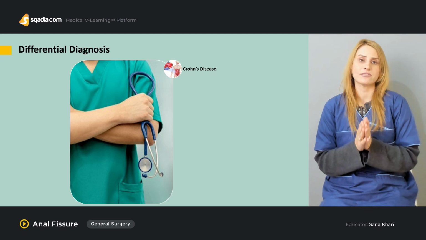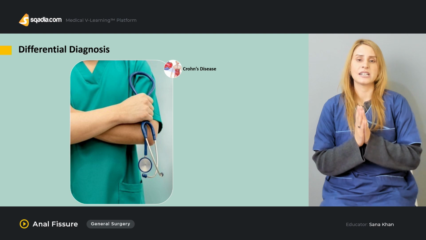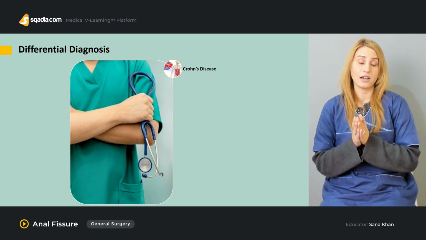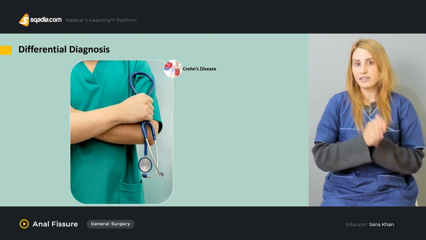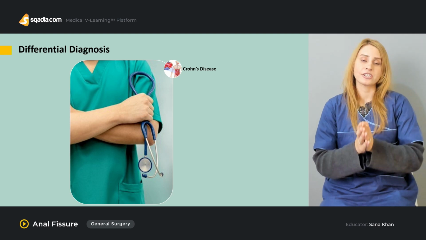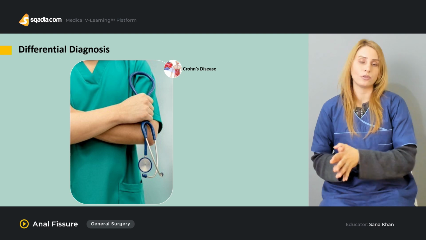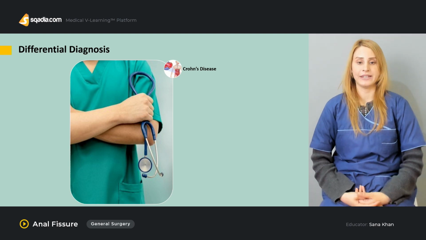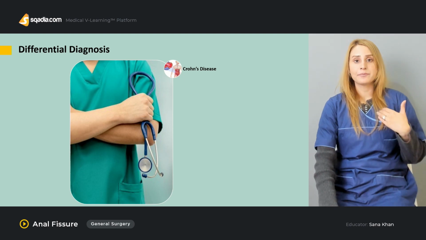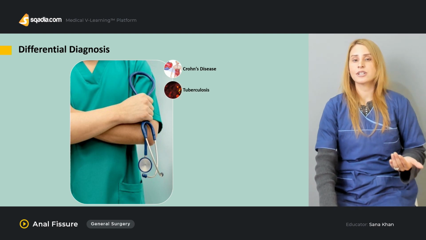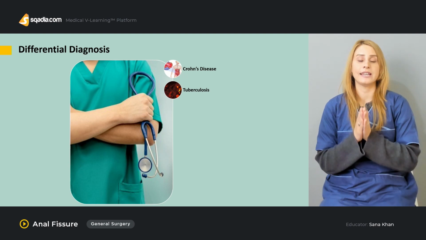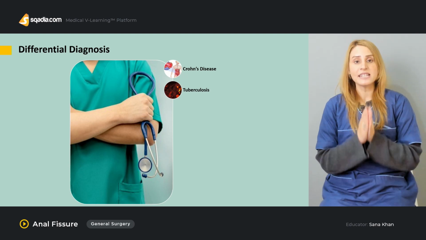But usually the cancers are not painful, though they can be painful in some stages. So usually a painless bleed is the differential diagnosis between hemorrhoids and a colorectal cancer. And if it is painful, you'll think about the anal fissure. Now, you have to think about other conditions as well when you are encountering anal ulcers, because these ulcers can